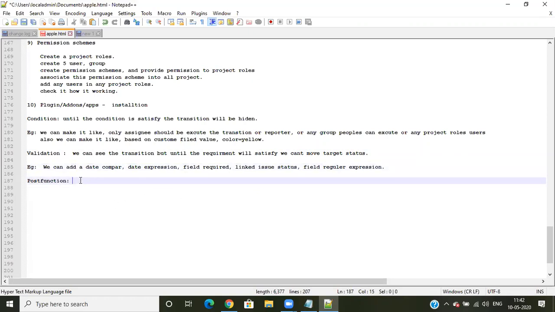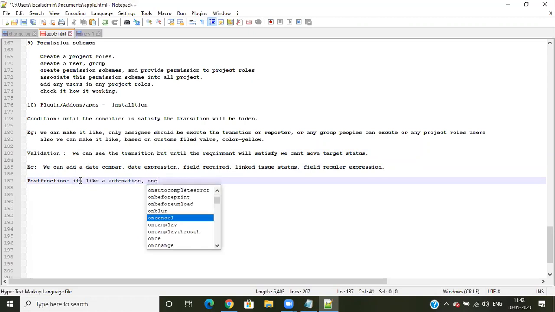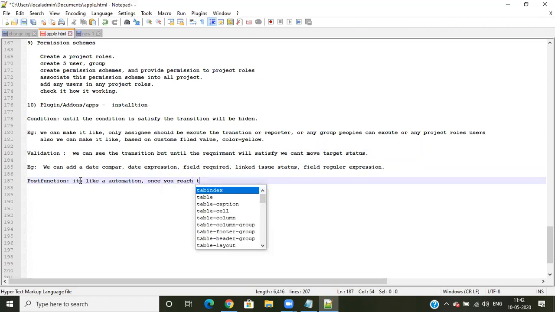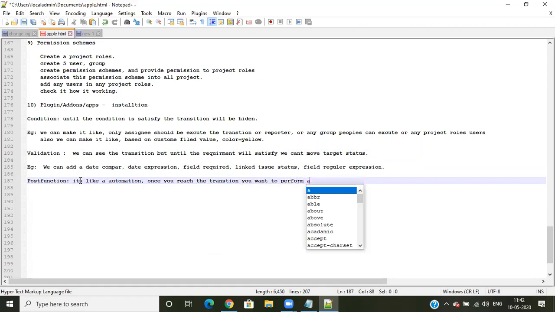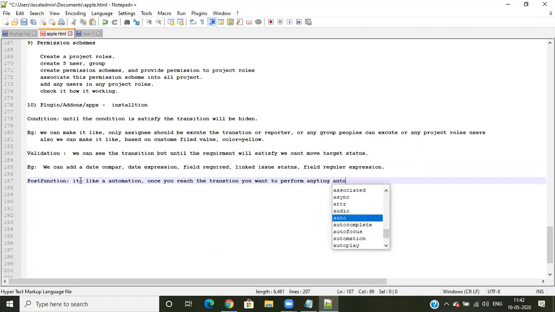Post function means it's like automations.